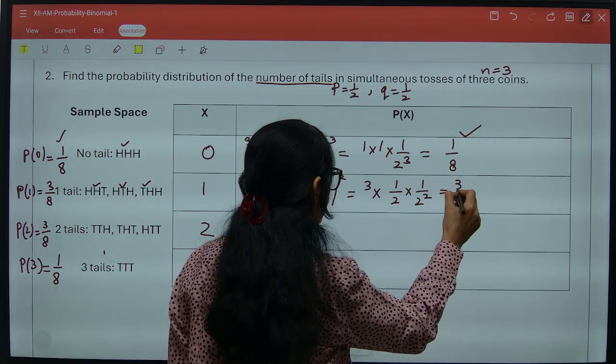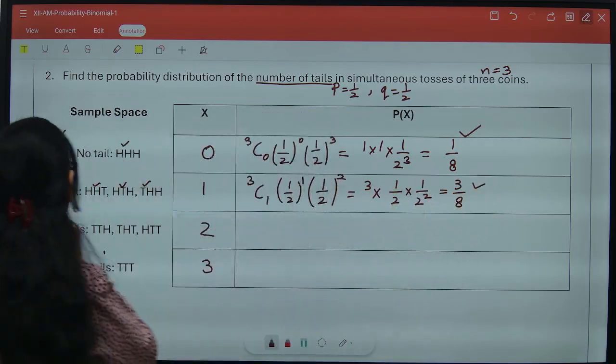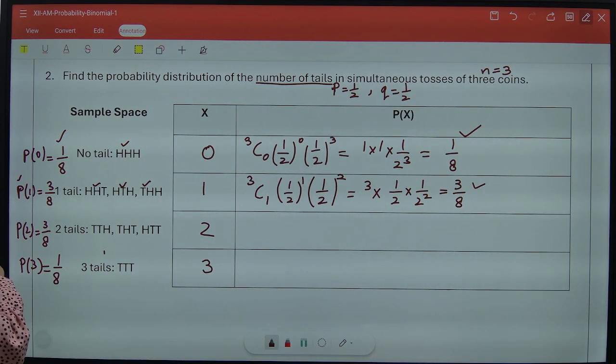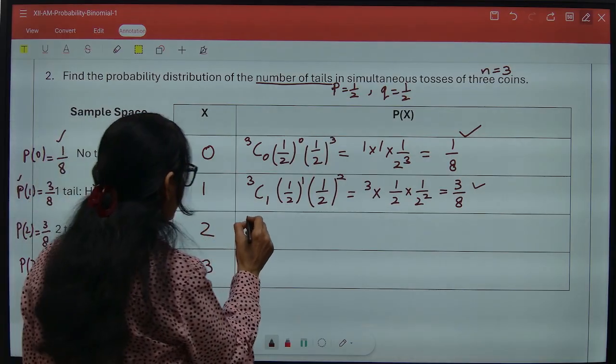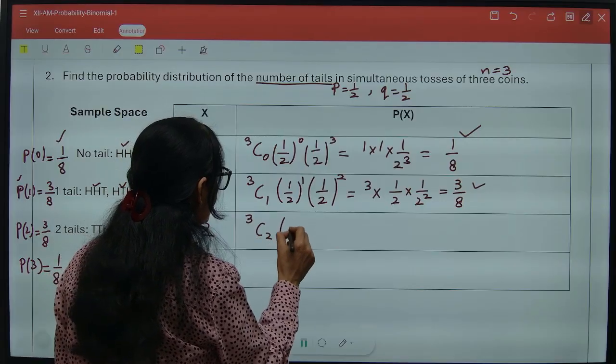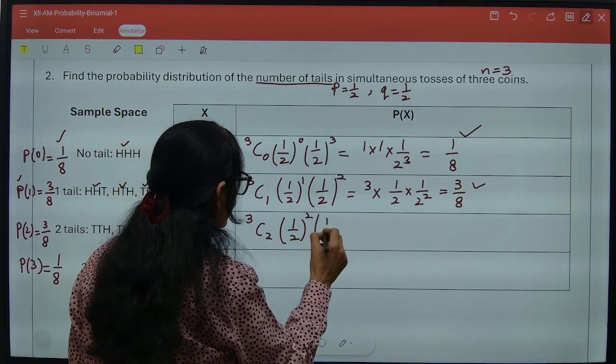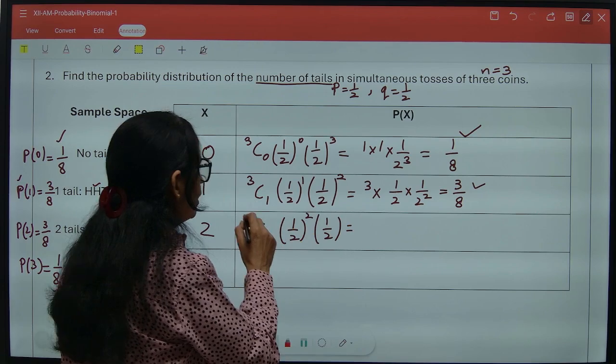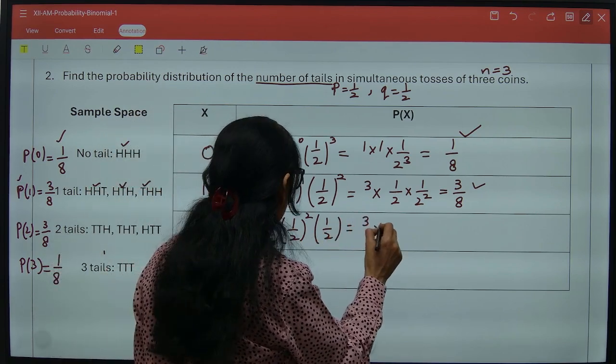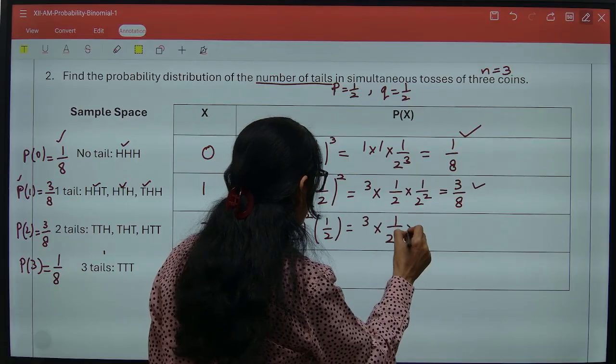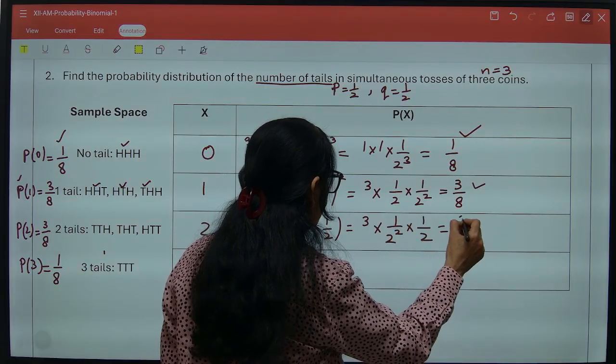So that comes out to be 3 by 8. Again, it is the same value that we got without using binomial distribution, that is 3 by 8. Next, 3C2, 1 by 2 square into 1 by 2. How much is 3C2? It is again 3. 3 into 1 by 2 square into 1 by 2, and that becomes 3 by 8